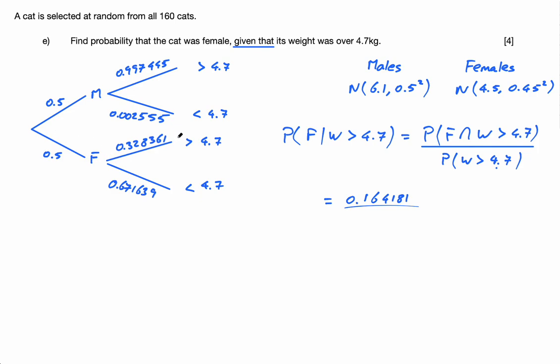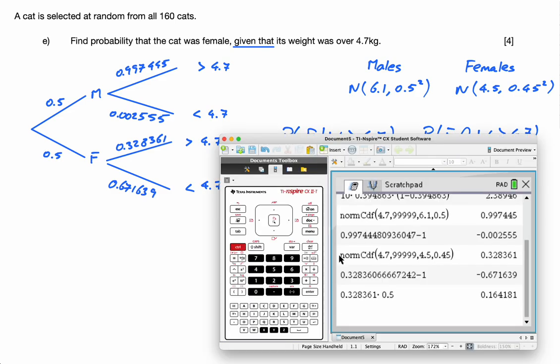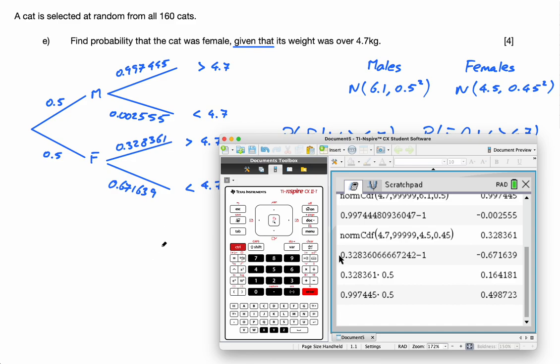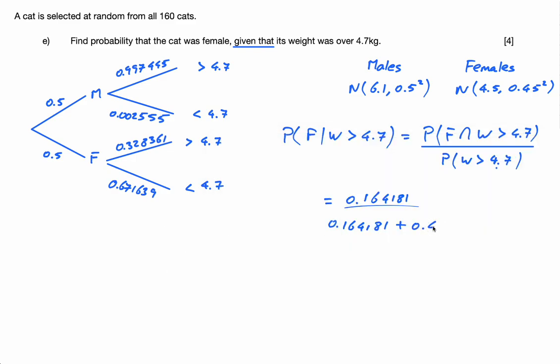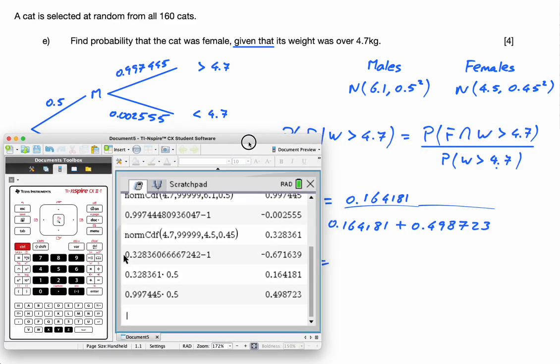So it's female and greater than 4.7, or male and greater than 4.7. So it's actually just going to be this again, 0.164181 plus this times 0.5, which is 0.997445 times 0.5 gives me 0.498723. Put all that into my calculator and I get